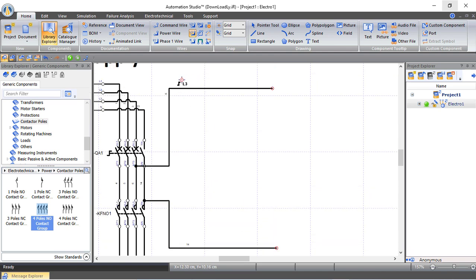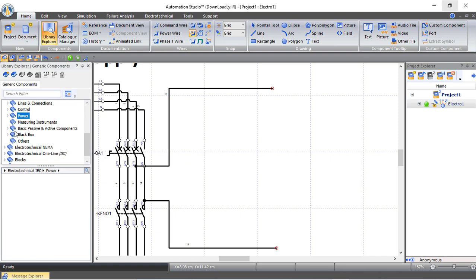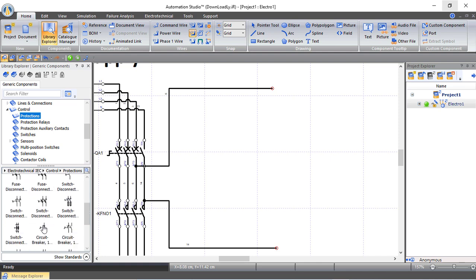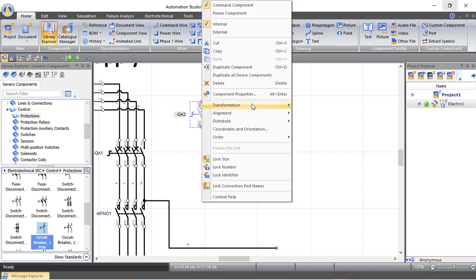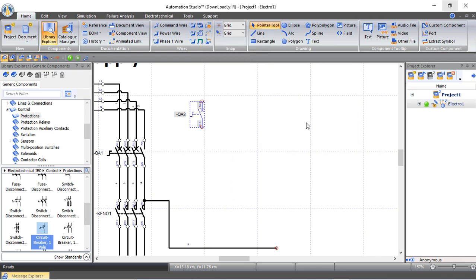Here first I will connect a circuit breaker. This is a 1-pole miniature circuit breaker. I will bring it here from control, protection, and then 1-pole circuit breaker. Let's drag and drop it here. Let's delete this wire first. Here, right click on the circuit breaker and I will rotate it right. Perfect. Let's now connect the power source L3 to the input of the circuit breaker, and the output will be supplying our control